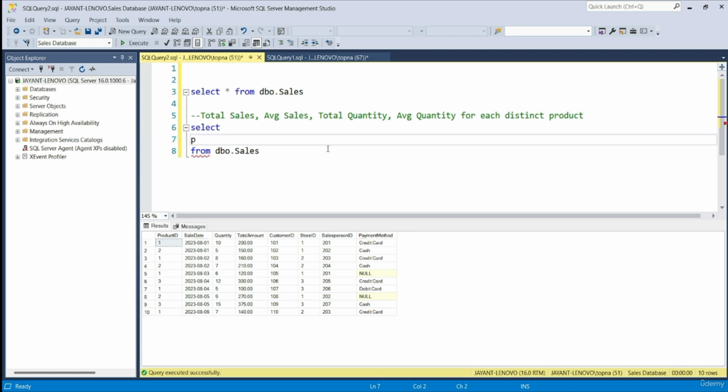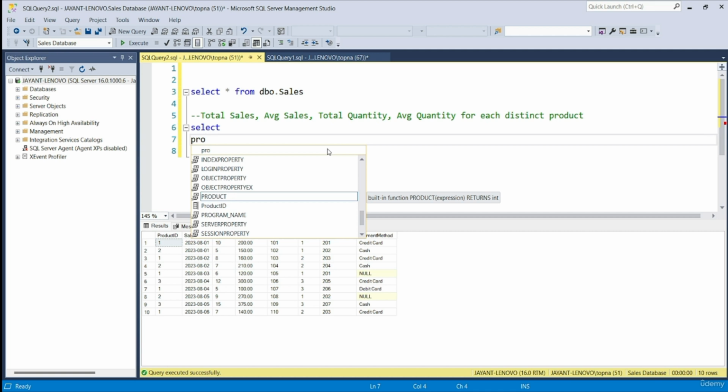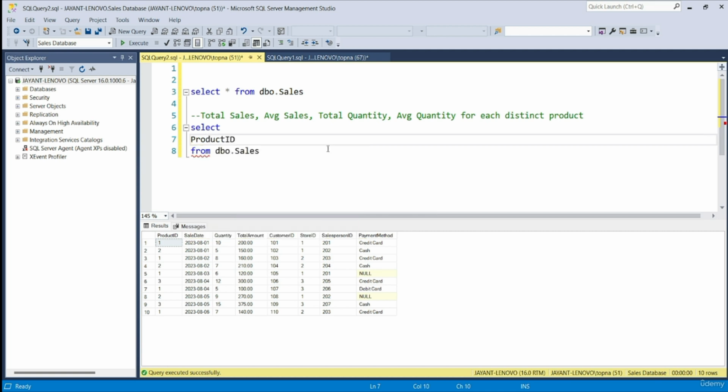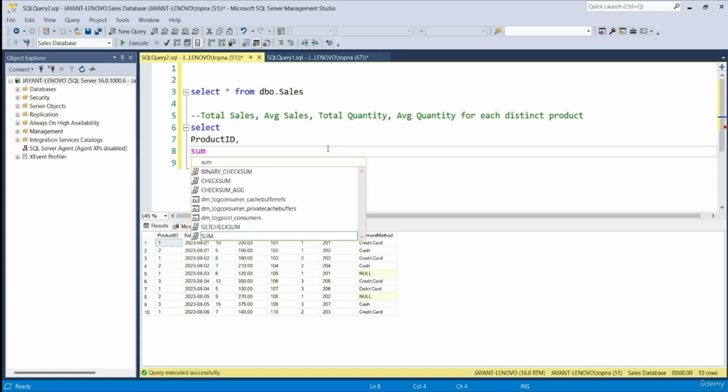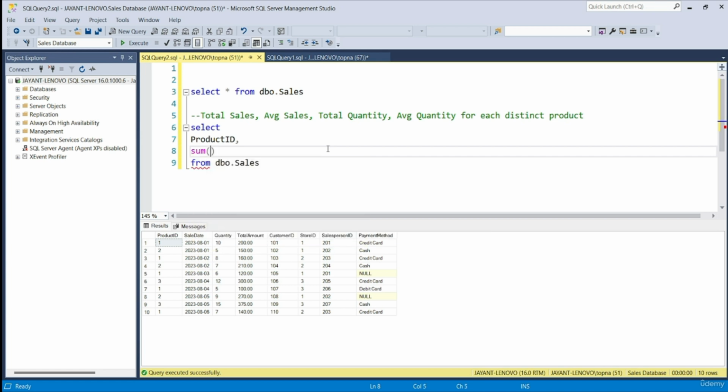So we want product ID to be there in the output. The moment we type two or three characters, IntelliSense shows us the possible options that we can choose from. I will choose product ID from here, comma. After that, we have to find out the sum of the total amount. So we'll write sum, bracket open, bracket close, then write the name of the total amount column. And you can probably provide it an alias. You can write the alias in the square brackets. You can write sum of sales,